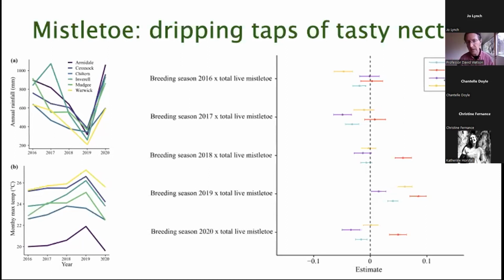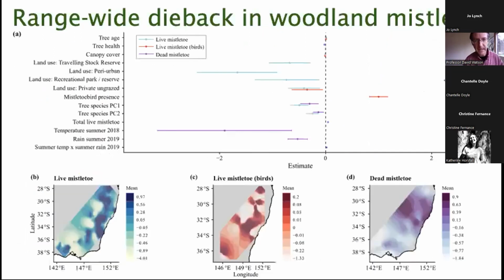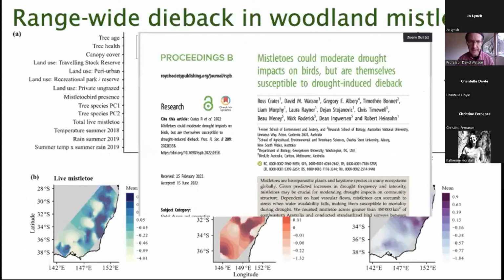And if we're concerned about our trees and our successional planning of our canopy trees, pollinators really need to be part of that thinking. But troublingly, as the study wore on, we found that during the drought, most of the mistletoes died. We're not sure if this is just water stress or probably a combination of water stress and acute heat stress during heat waves. So there's the paper there, and that's something that we're going to be tracking through time with the Melbourne mistletoes.